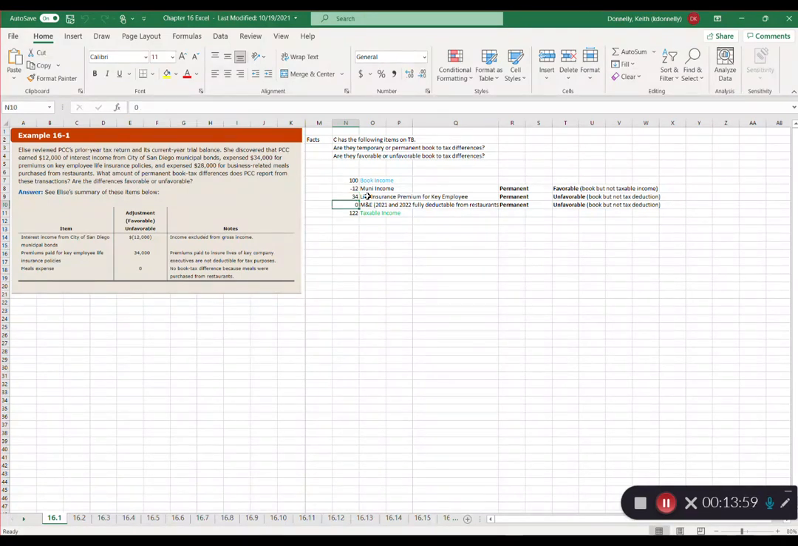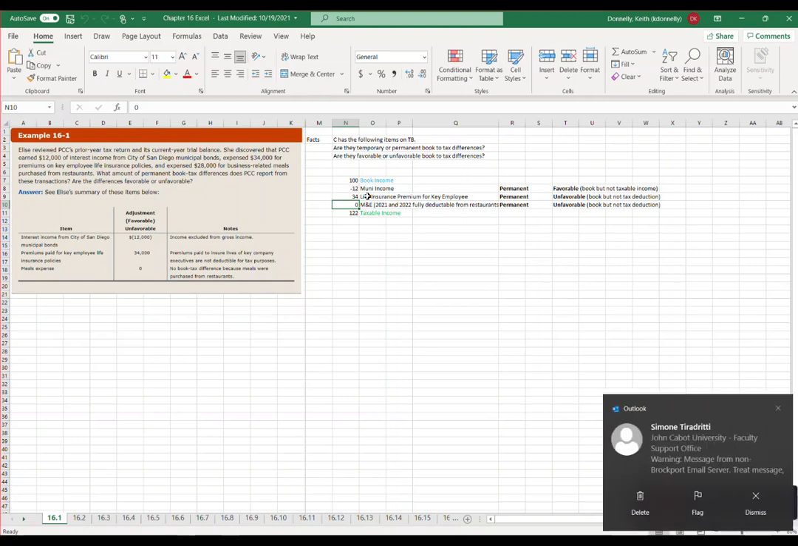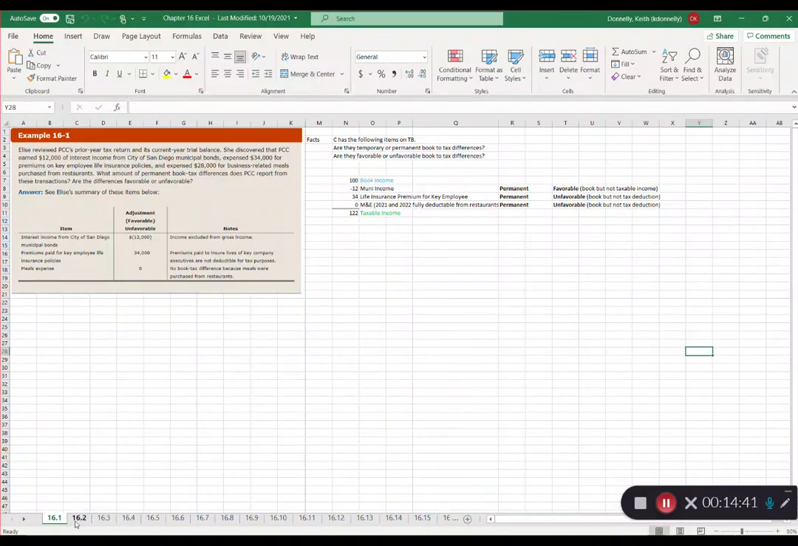Now, M&E here, just meals, it really should just be M. Temporarily, for the time being, like 2021, 2022, they're letting you take a full deduction for meals. It used to be and will be, moving forward, 50% deduction. So once upon a time, if you did a $100 deduction for meals on your books, you'd only get 50% of that on your tax return, $50. So they changed that with COVID in order to help stimulate businesses and give them more help with regard to deductions. So 16.2 here,